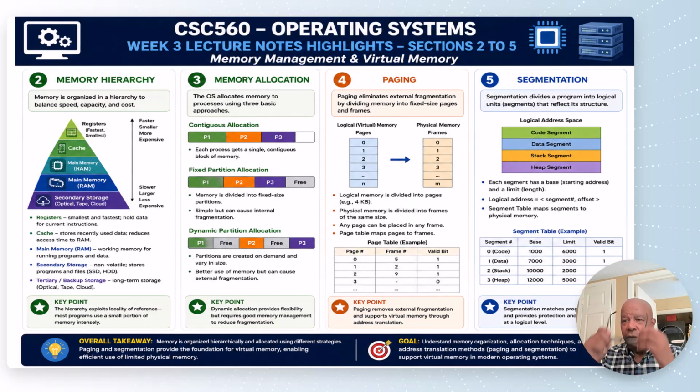Okay, so the first thing we want to look at is the memory hierarchy. The memory hierarchy is organized such that it's there to balance speed, capacity, and cost. So if we looked at it, the first level of memory. So there's 1, 2, 3, 4, 5 levels of memory. The first is registers. Okay, registers is basically the closest item or closest memory space to a program. Okay, it basically keeps track of what program, what line is being executed,